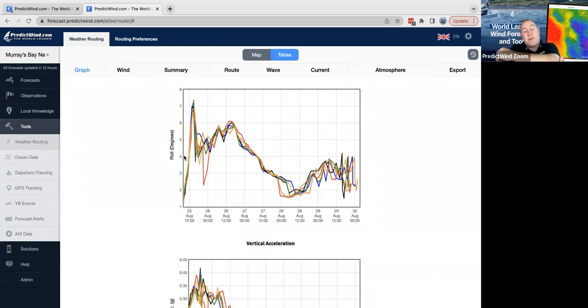As I mentioned, we've had some feedback from various people on this already. A gentleman that made a video on it did a passage from Newmere to Australia, and near the end of his passage he had the roll, which is an RMS, the root mean square, in degrees. So it's not actually 4 degrees of roll, you might say, that's not much, my boat heels over to 30, 40, but